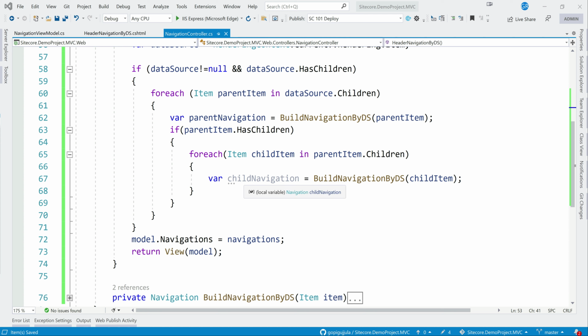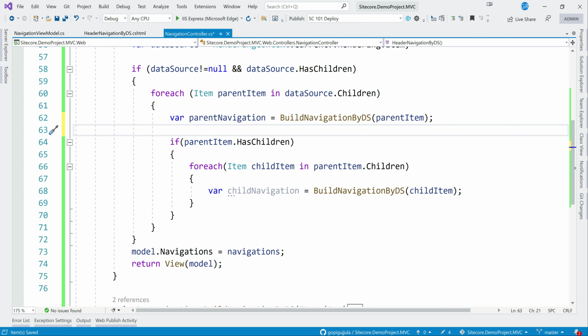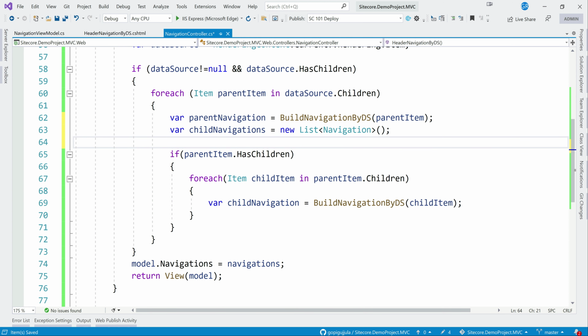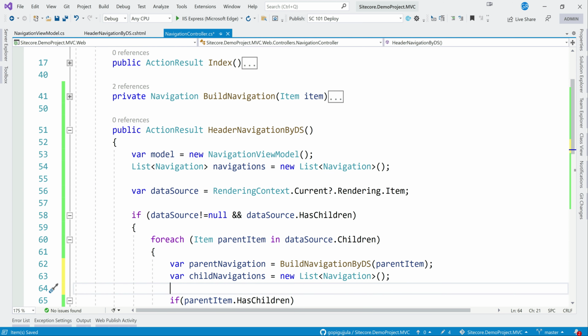We need to add it, so let me create a list of navigations. Let me add another field, which is child navigations, new list of navigations. So this is a parent navigation. Let me put parent navigations.